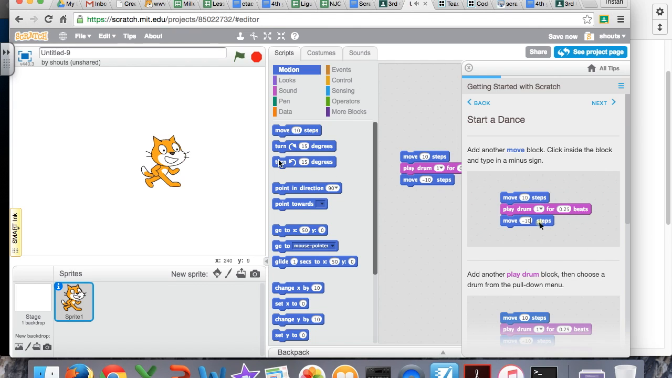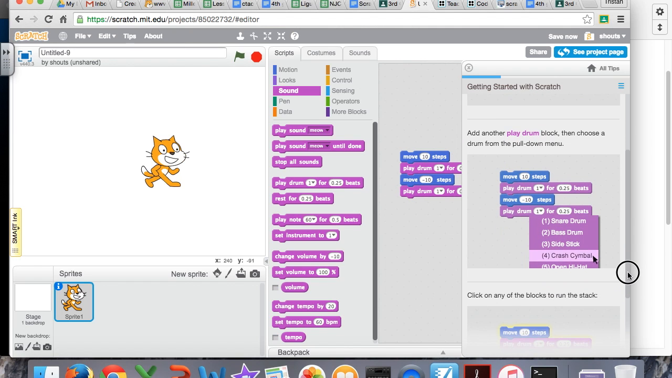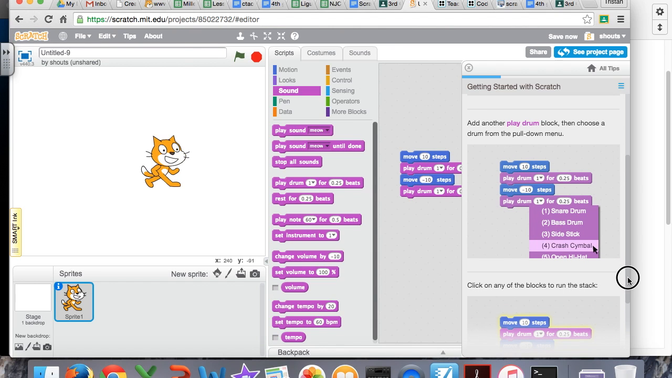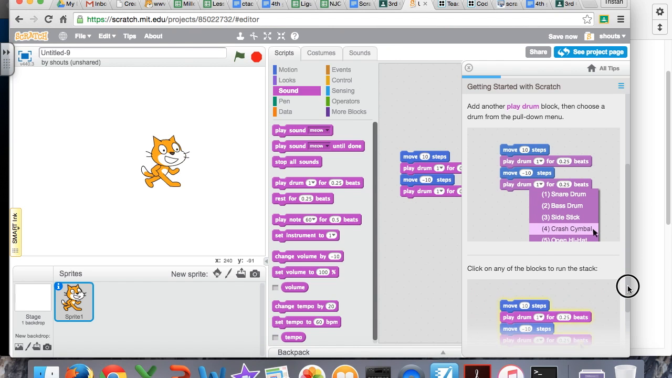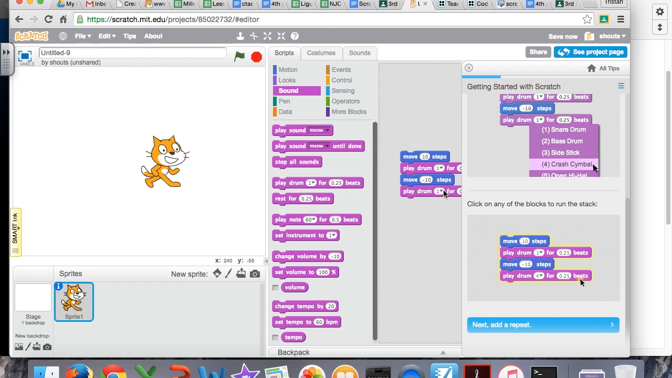Then we'll add a second drum just after it. You can see you can go down here. You can change the different kinds of drums as well. It's hard to see with this open, but, and the next step,